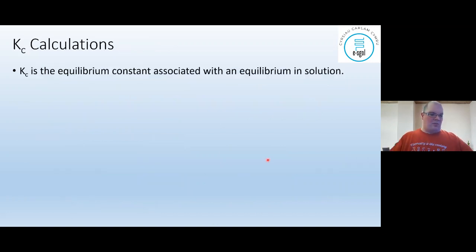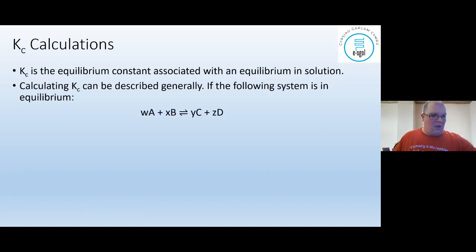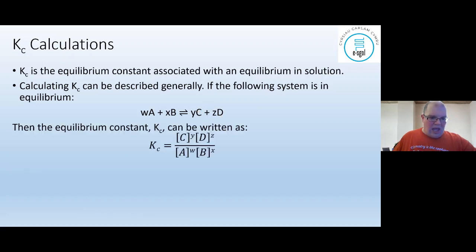Kc calculations, so you touch on this in AS. Okay, now Kc is the expression, it's the letter we use to describe the equilibrium constant associated with an equilibrium in the solution phase. And it can be generally described if we have a system such as this. So I've just used lowercase letters to represent the stoichiometry, the numbers that go in front of the molecules, and capital letters to represent the reactants and the products. And it can be written like this: Kc is equal to the concentration of the products raised to the power of